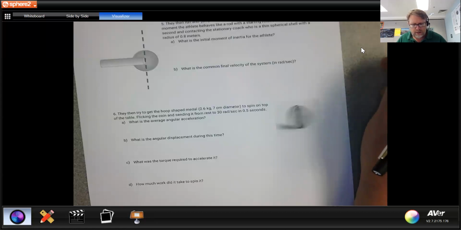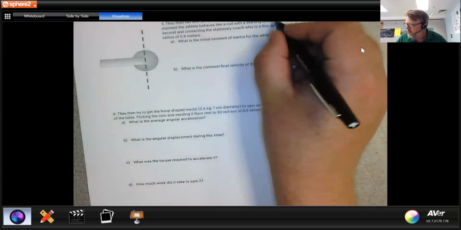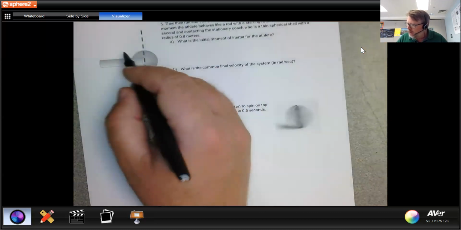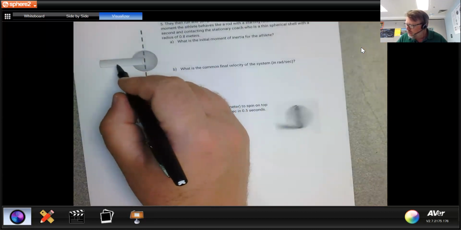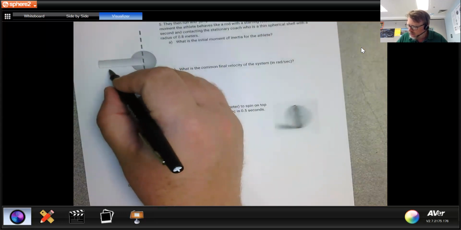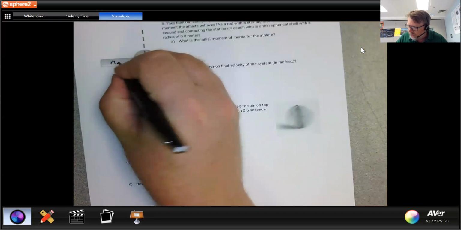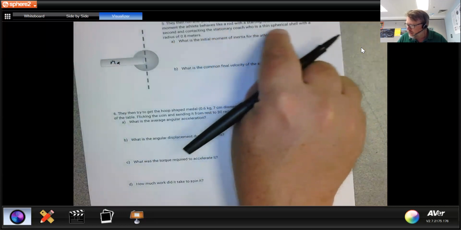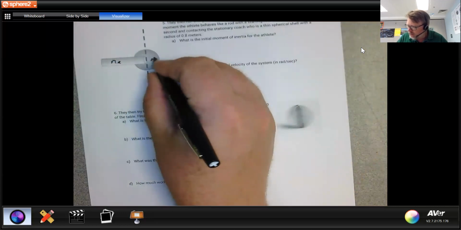All right, so we have to keep track of which one is the coach and which one is the athlete. So we say they run and jump into the arms of their coach for a brief moment. The athlete behaves like the rod. So this is going to be, okay, and the stationary coach, who's a thin spherical shell. So this is going to be,